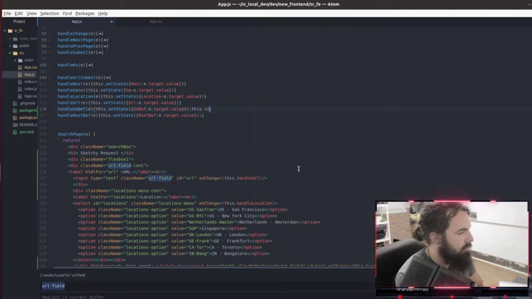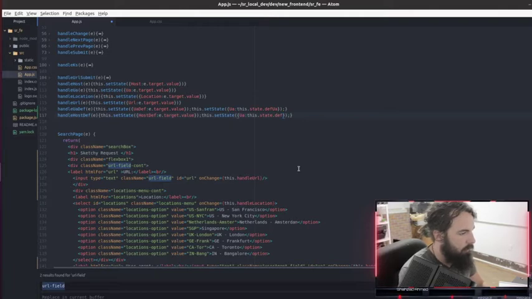This dot set state. This is going to be UA is equal to this dot state dot def UA. Same thing here, but host def host.